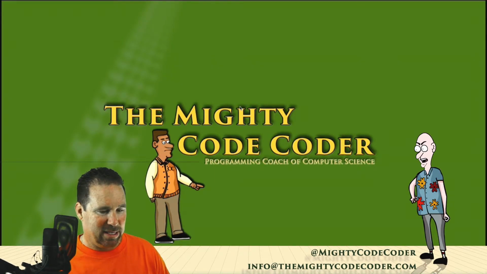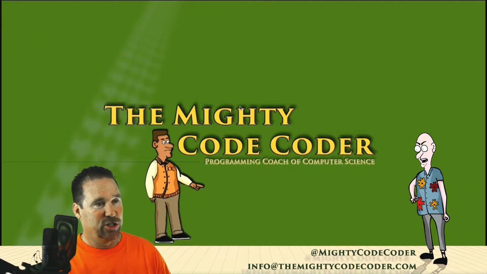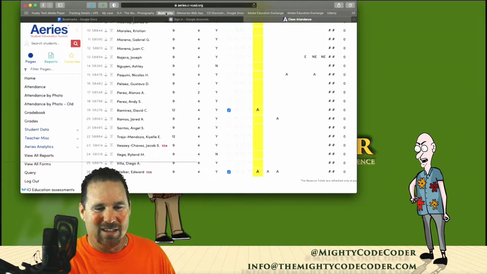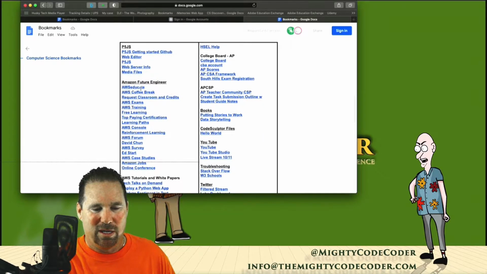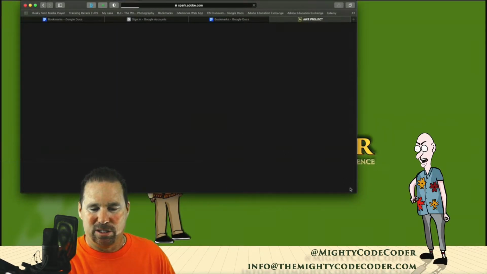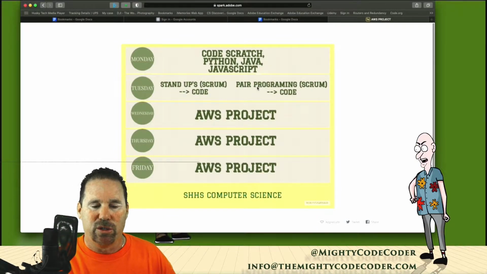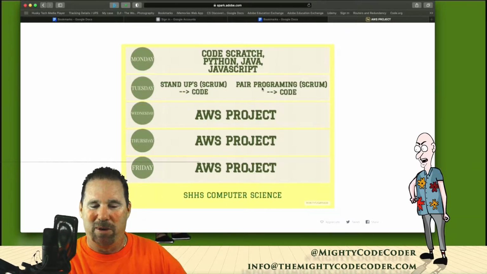And secondly, let me show you today's schedule, the daily schedule that I have. If I go into the daily schedule, I'll show you what the schedule looks like every week. Remember I said Monday you're in Edhesive doing code, Tuesday you're in Edhesive doing code, and then these are AWS project days. Well, yesterday in Tuesday's pair programming or stand-up Scrum day or coding day, we actually went into AWS